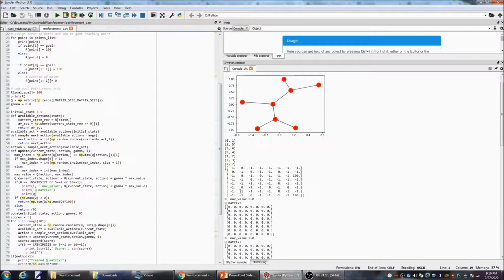So in this initial matrix, we will have 100 for point 2 and also 100 for point 7. For other points, like I mentioned before, if it's a valid move, we put 0. Otherwise, we put -1.